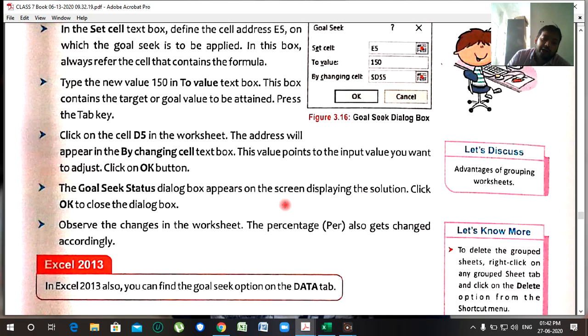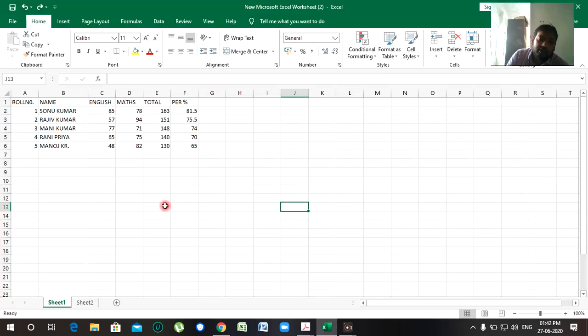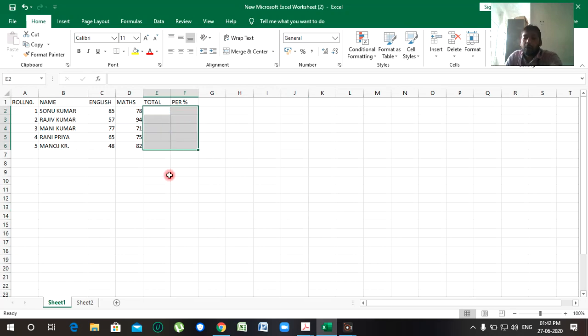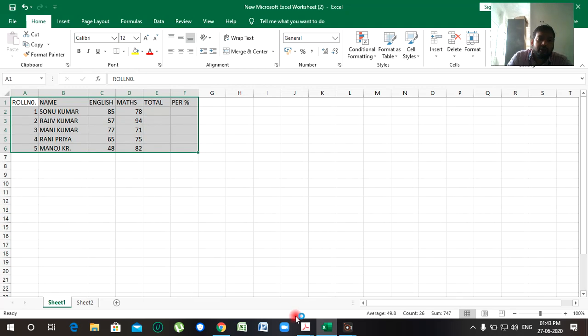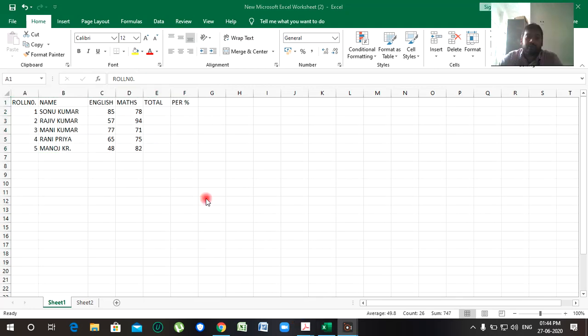Now see here in MS Excel. I have already created the table. In this table, the roll number is given there. Here I am going to format this table. Okay, student, here I am going to calculate the total.